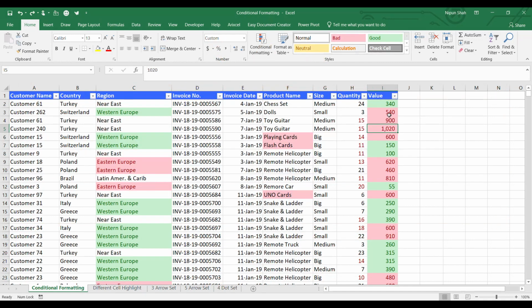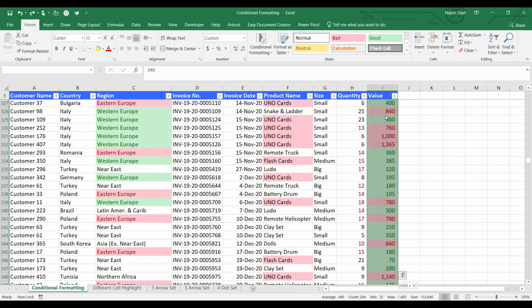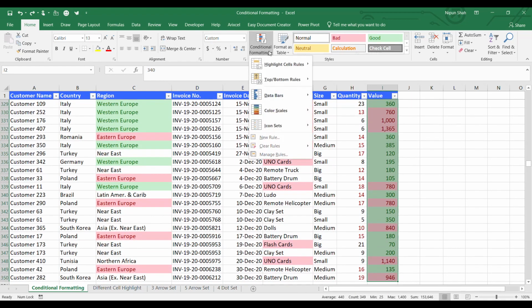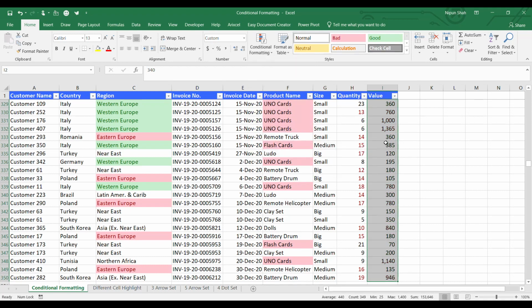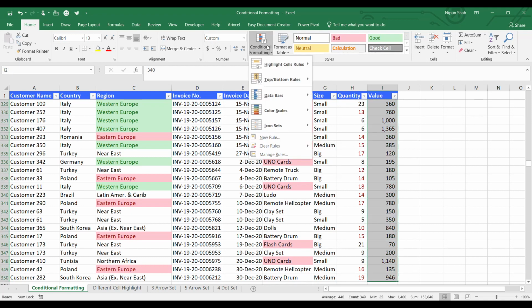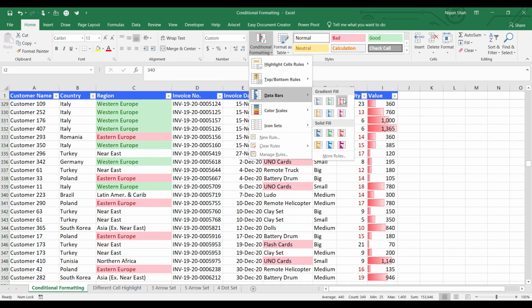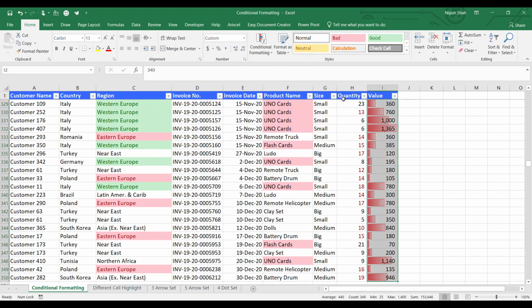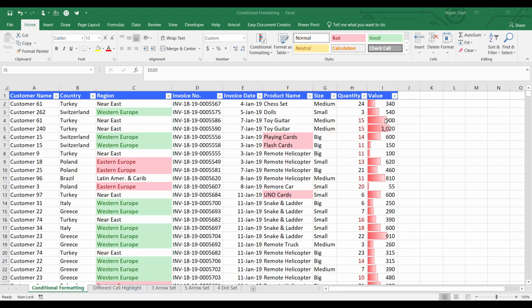Now guys, let me tell you what data bars do. For that, let me clear the rules from a numerical field, go to conditional formatting, clear rules from the selected cells. Now go to conditional formatting, go to data bars, apply any format, maybe red. In this type of format, Excel fills up the cell based on the value of the cell relative to the minimum and maximum values available in that column.